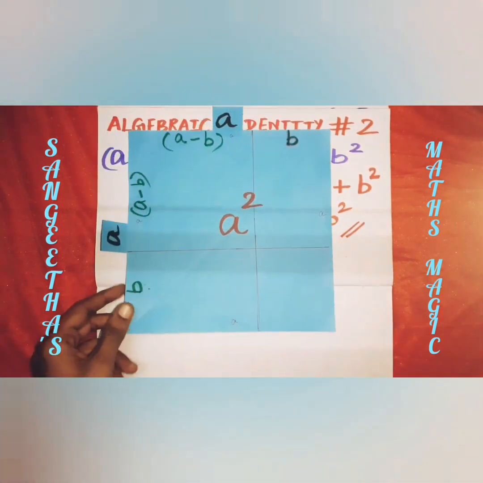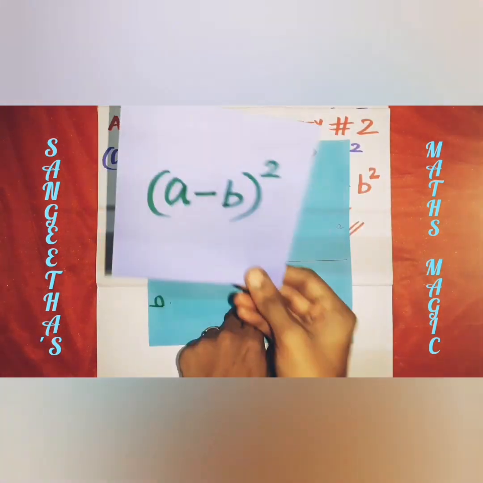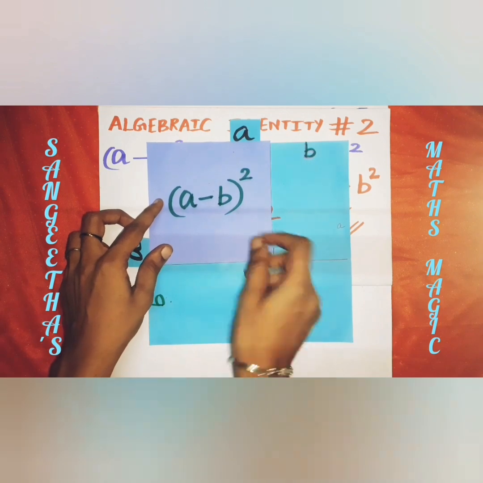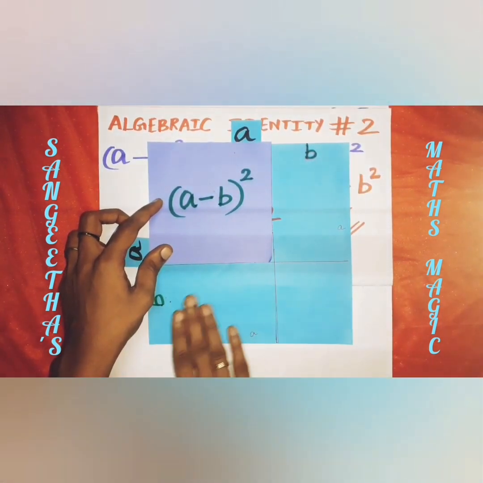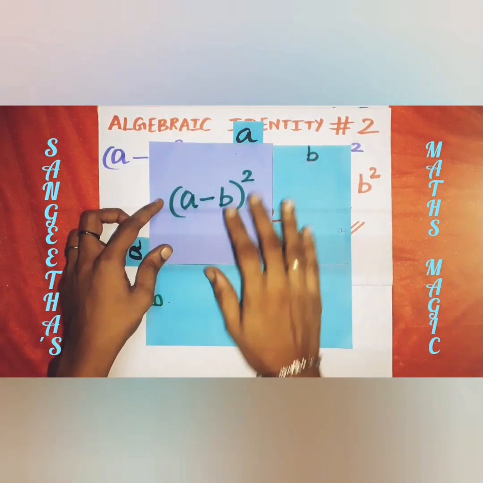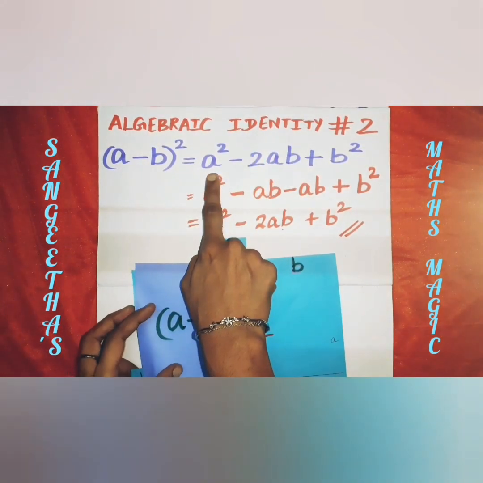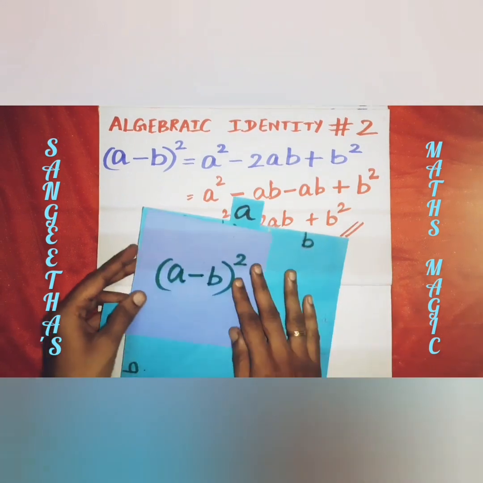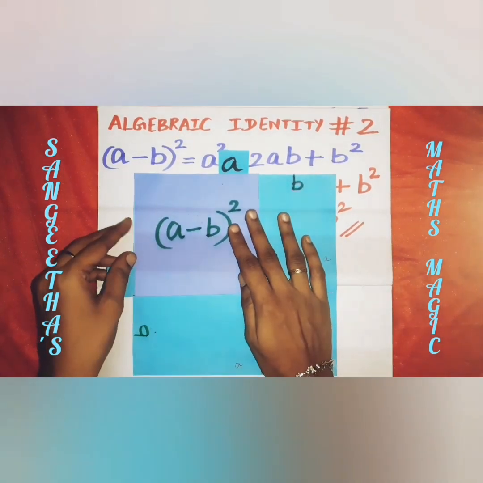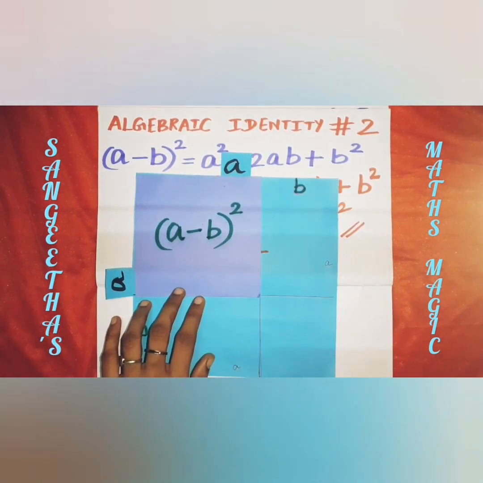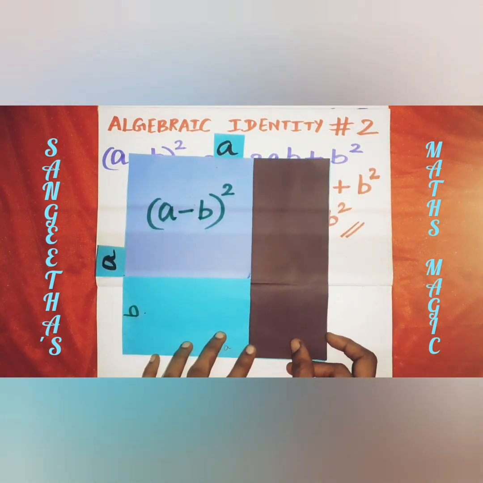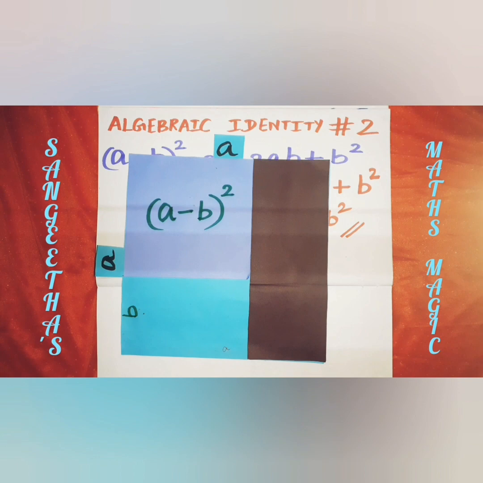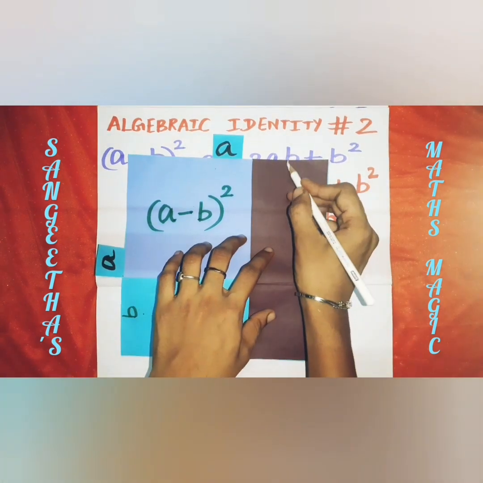Now from the total area of a square, if I place (a minus b) the whole square, the left out part, the inverted L, that we don't want. We have to take away those things from the big square, a square. So (a minus b) the whole square is a small square, and I don't want the left out part. So let's see what that left out part is, which we have to remove.